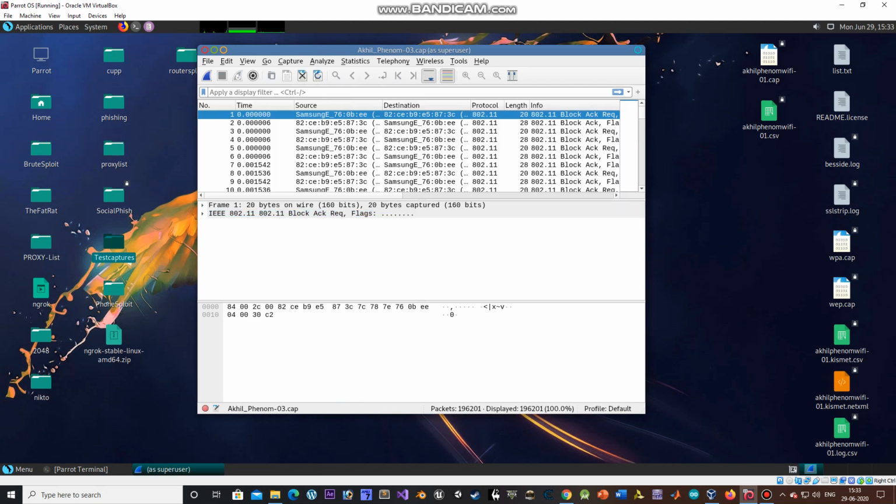There are many display filters in this Wireshark. To know the credentials from an HTTP server, you have to type in http.request.method == POST. There's another method, http.request.method == GET, and this would give the links that you have been redirected to in that session on that mobile, while POST gives the credentials that are posted.